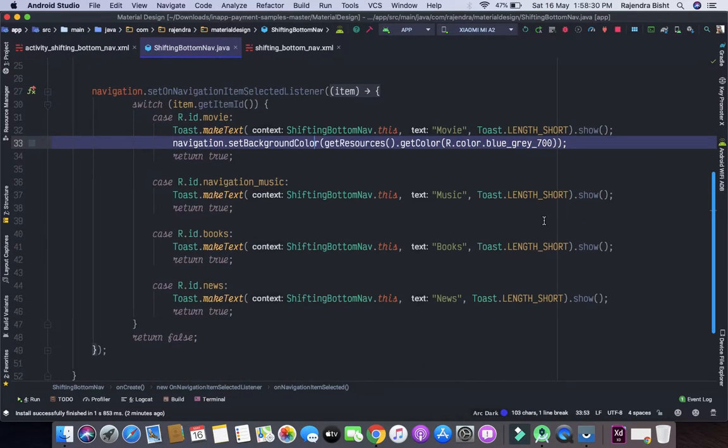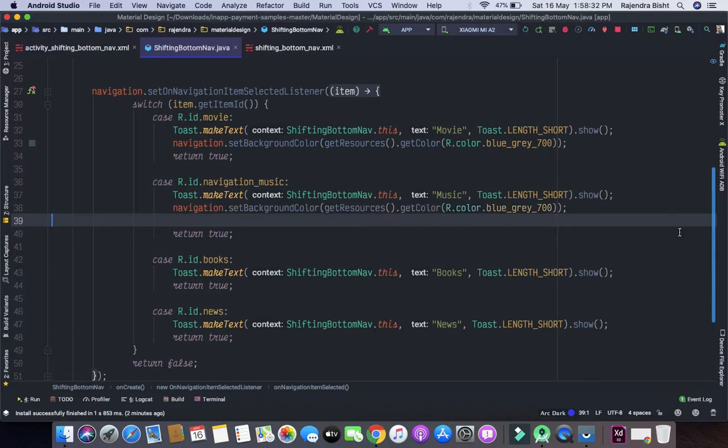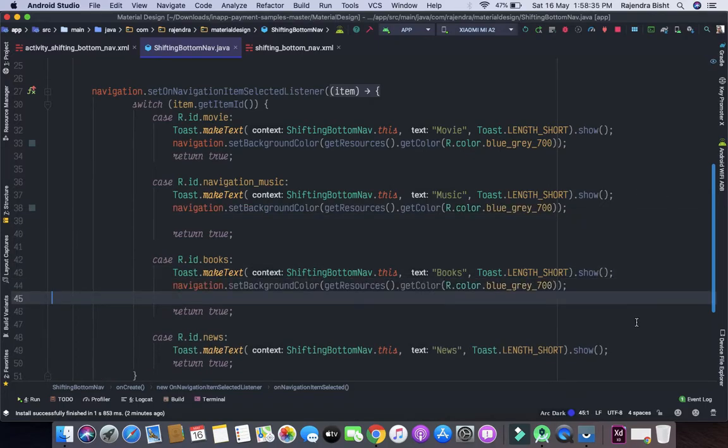Just copy it and paste it in each of the menu item sections.